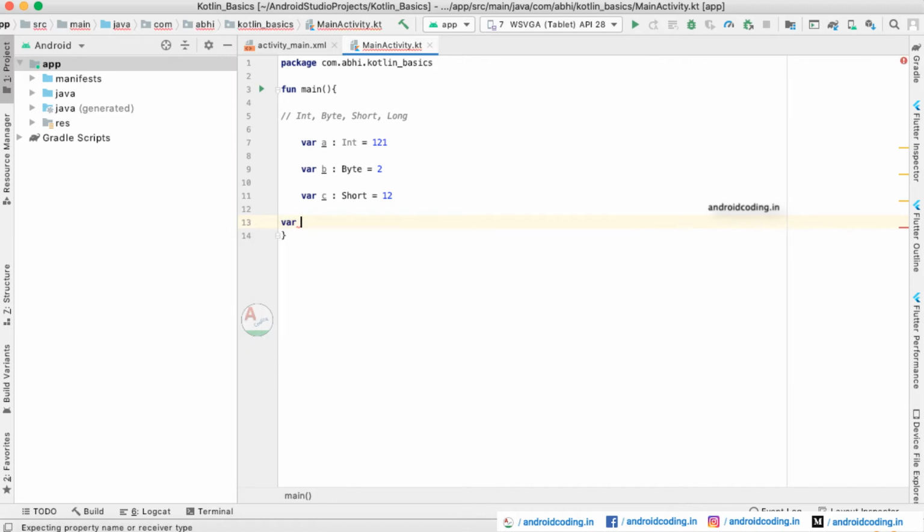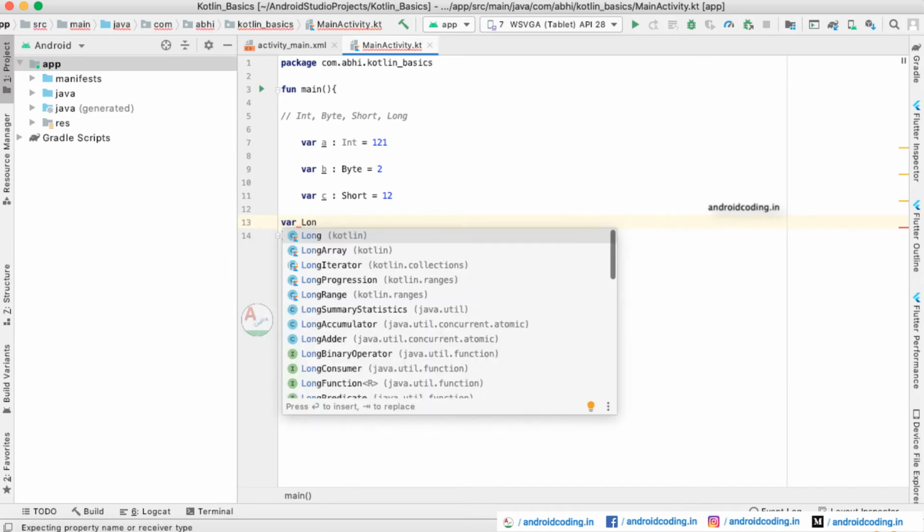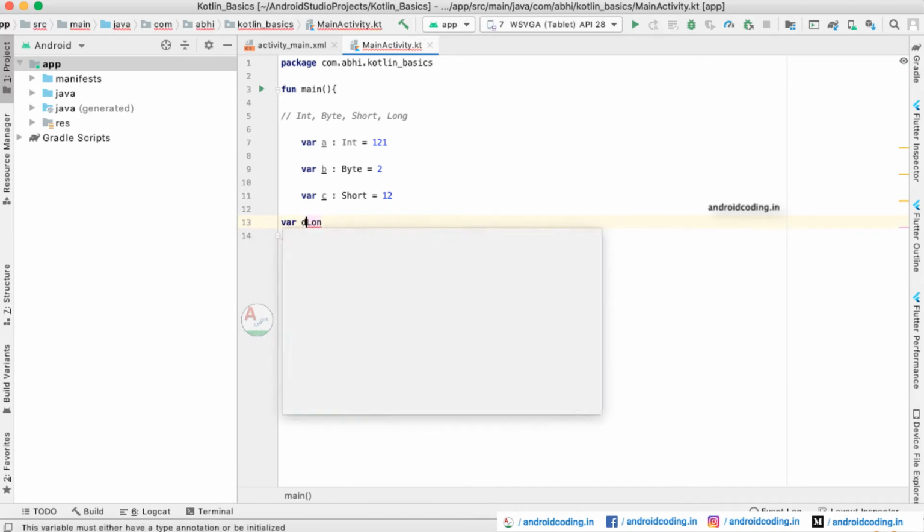And variable d to be long here, and let us provide some long digit numbers. It might be like an ATM card number, or an access code, or reference numbers. These kinds of numbers can be stored with the help of this long type.